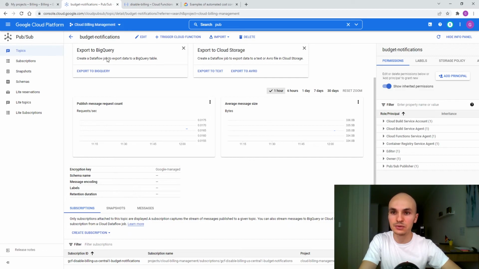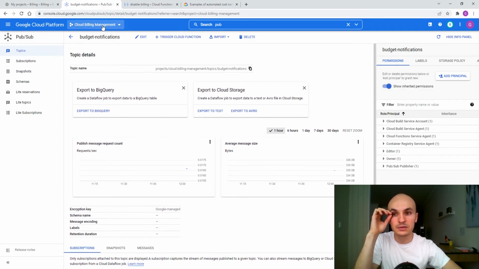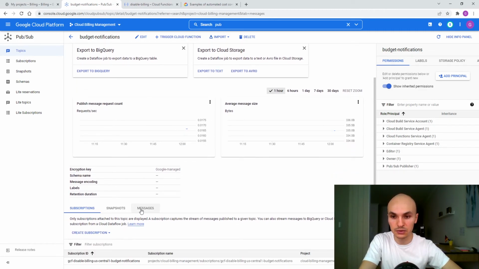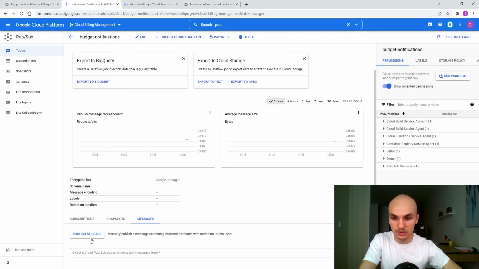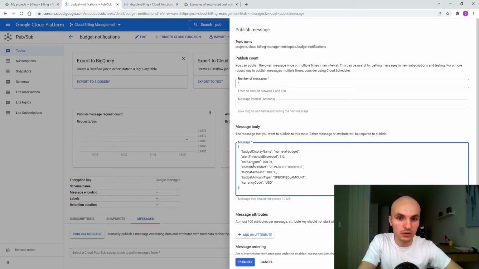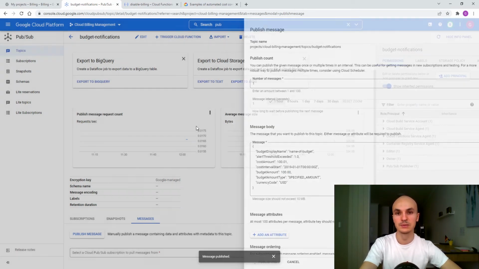Still in our project we go to Pub/Sub. I click on the Pub/Sub topic and go down to messages, publish a message, and I copy paste that information. It says here it has exceeded the budget by 1 cent that's been set in the message. We publish it,